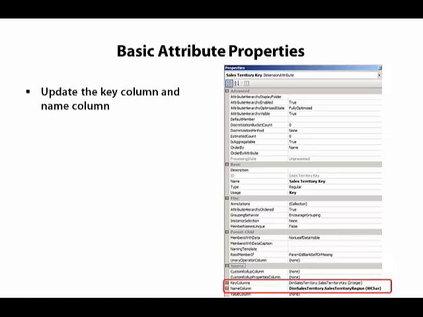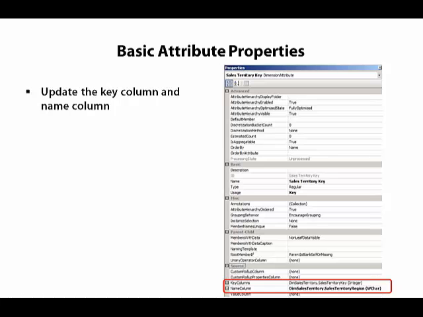When we create dimensions, the key column and name column are set in the wizard for the key attribute. That's the attribute that identifies each unique record in the dimension table. At minimum, we need the key column. That's the one that's used to get distinct members for our attribute. The name column contains the value that we want to display. If we don't specify a name column, then BIDS will use the value in the key column as the member